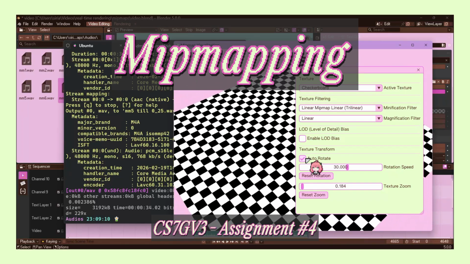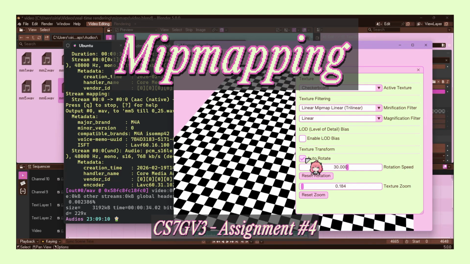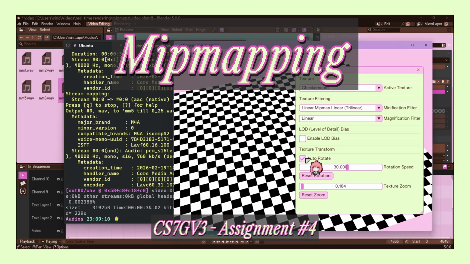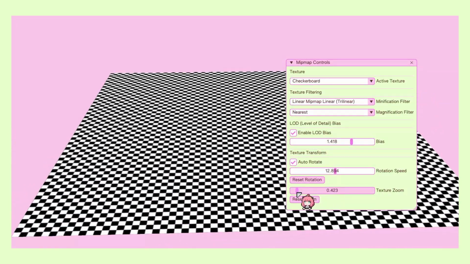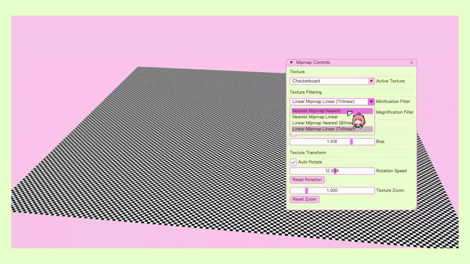This video demonstrates mipmapping and texture filtering in OpenGL as a part of my assignment for CS7GV3 real-time rendering. All textures are generated procedurally at a resolution of 512 by 512, and after creating them, I call the glGenerateMipmap function to build the full mipmap pyramid automatically, which gives me pre-filtered versions of the same image